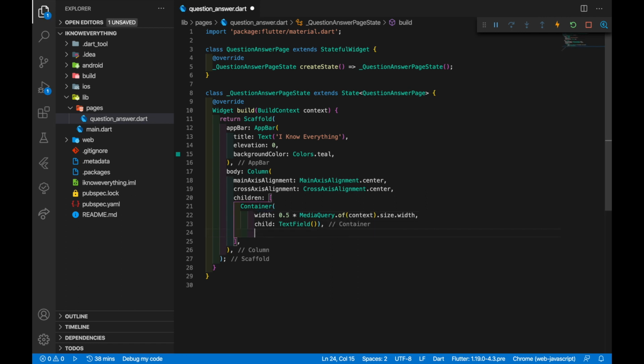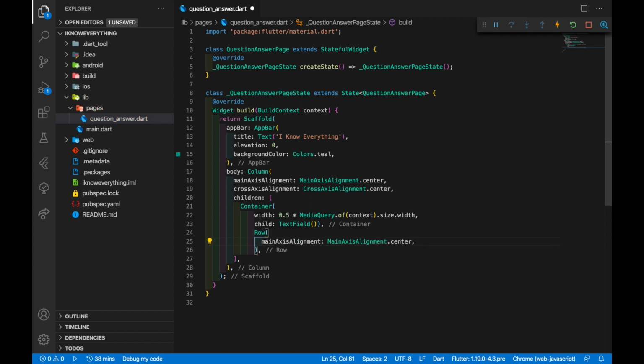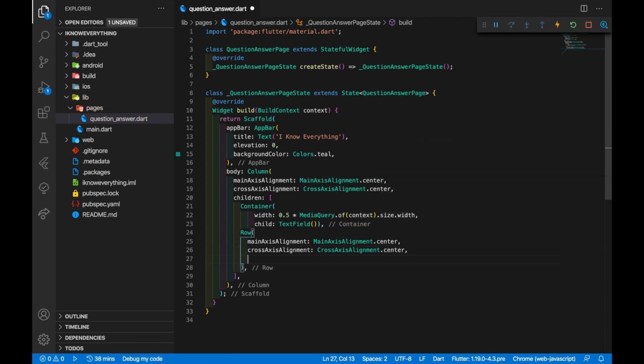Now we are going to be needing certain buttons. So let's just prototype them quickly. We are going to need two buttons basically, one for submit and one for reset. What you can do to easily create buttons is something like RaisedButton dot icon, and it will immediately give you a button with fancy elevation, highlight properties and all that. So inside your label you can give it a text widget and say ask question or get answer,